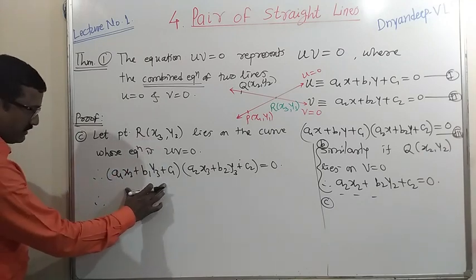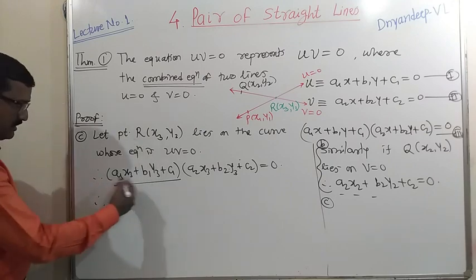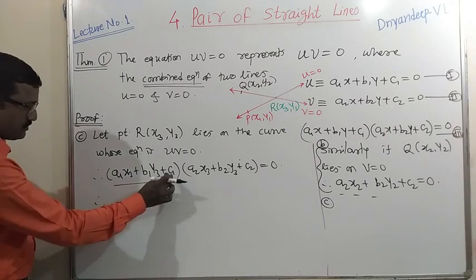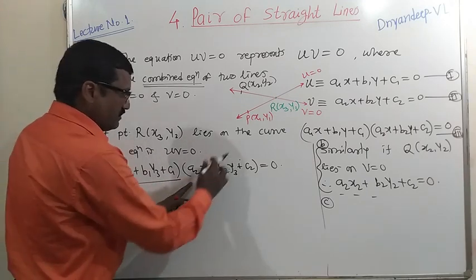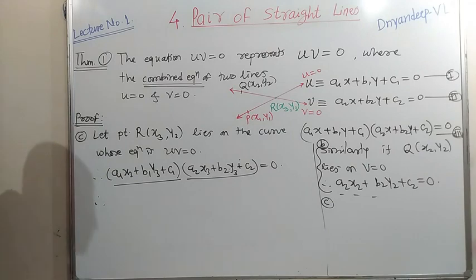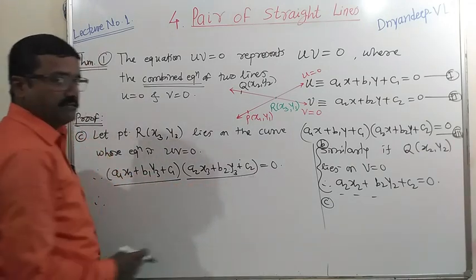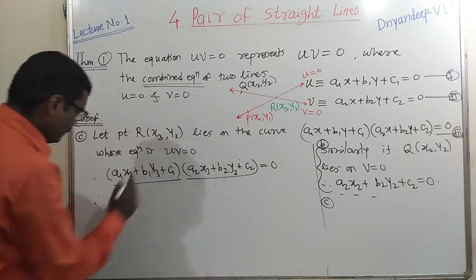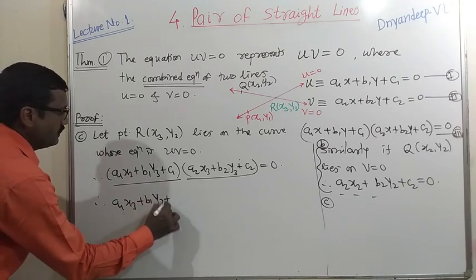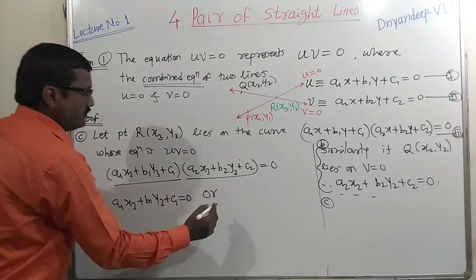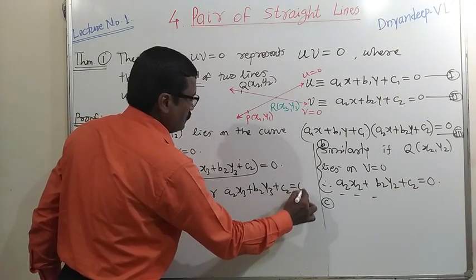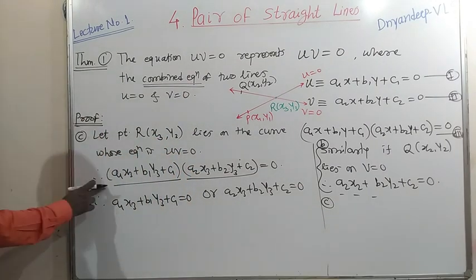Now the product, this is one term, because all are now constant. Here, instead of variables x, y we have put x3, y3. So this is constant, this is constant, so the whole term is constant. This is another factor. So the product of these two terms is 0. What is the algebraic meaning of the product of two numbers being 0? It means either the first number is 0 or the second number is 0. Therefore it implies a1 x3 + b1 y3 + c1 = 0, or a2 x3 + b2 y3 + c2 = 0. Okay, this is the algebraic meaning.